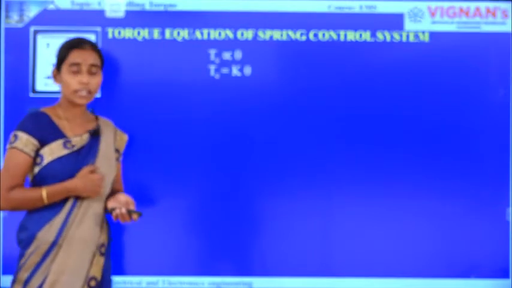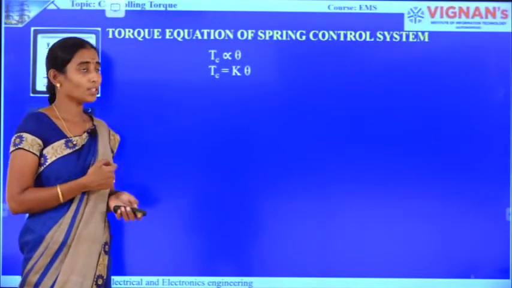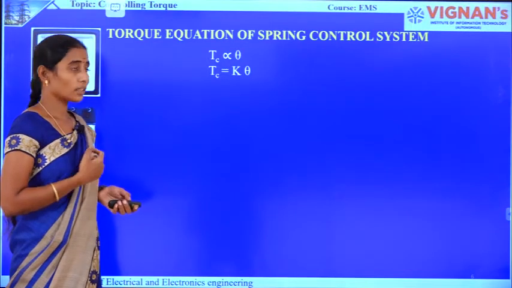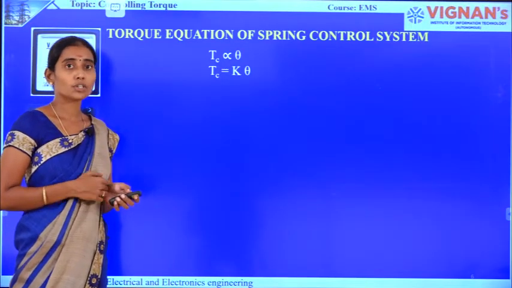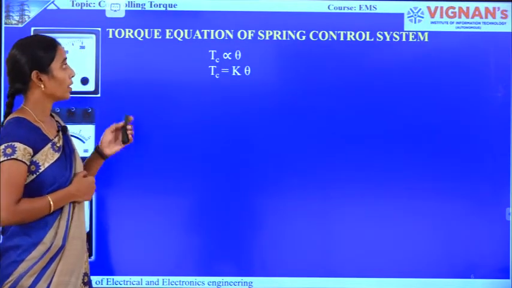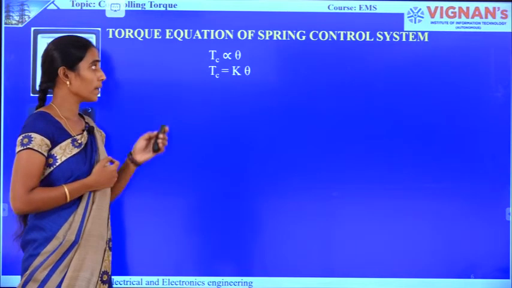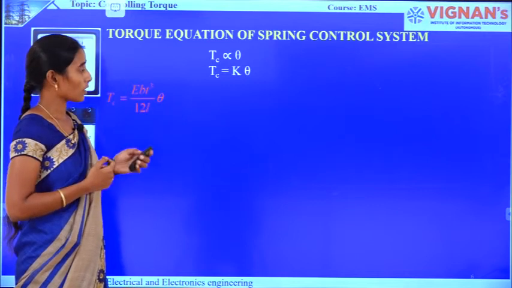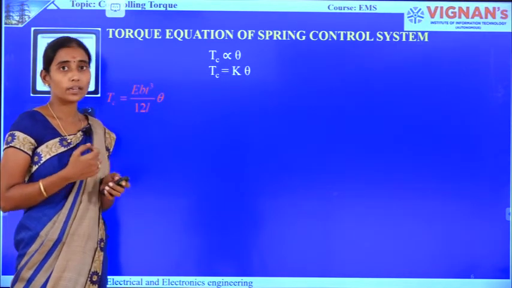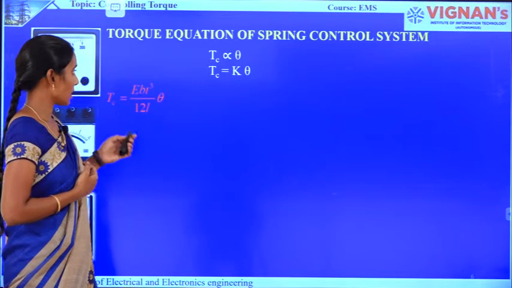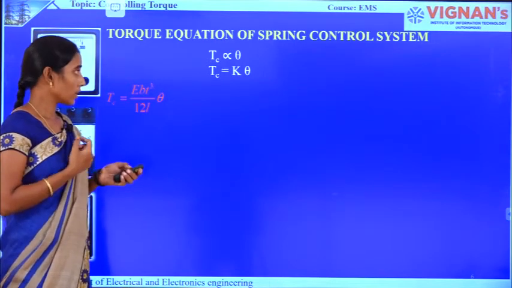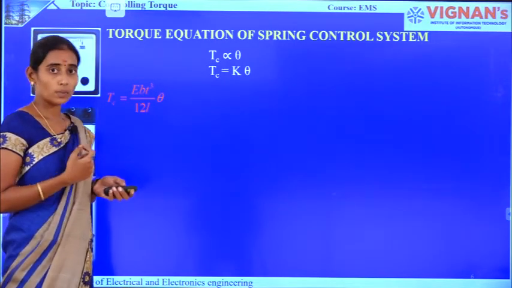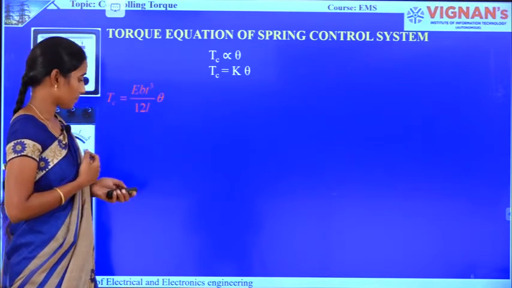And coming to the torque equation of your spring control system, as already discussed, tau c or the controlling torque is directly proportional to angle of deflection. When you remove the proportionality, you get a constant called K. So, controlling torque is equal to K into theta, where K is equal to E B T cube by 12 L, into theta, where